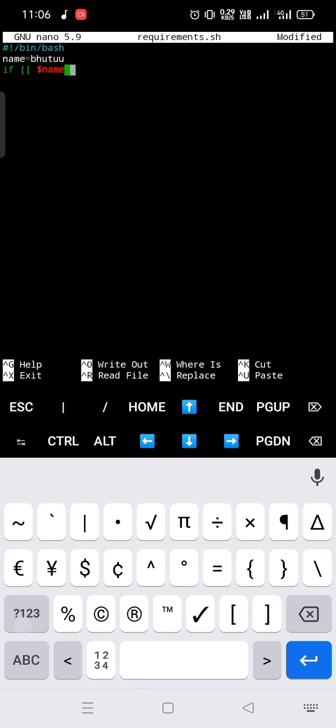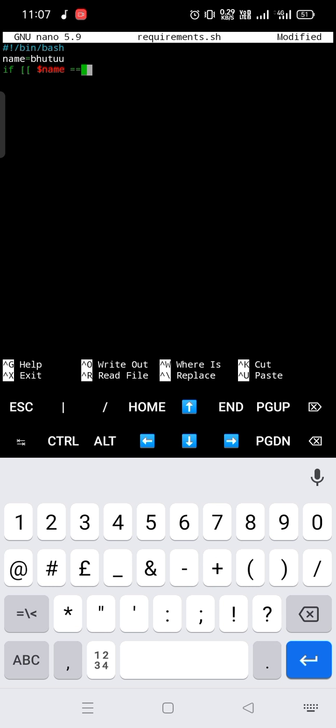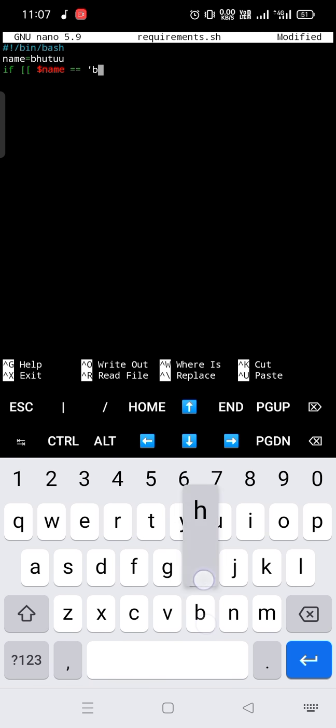This double equal to is actually equal to, and this single one is called the assignment operator. If name is equal to Bhutu,